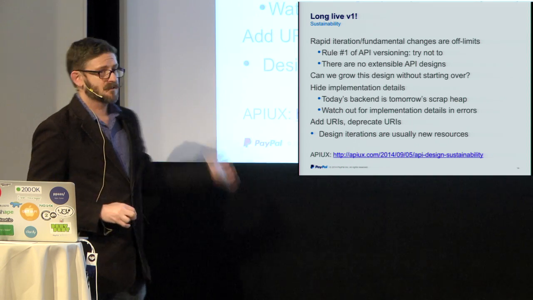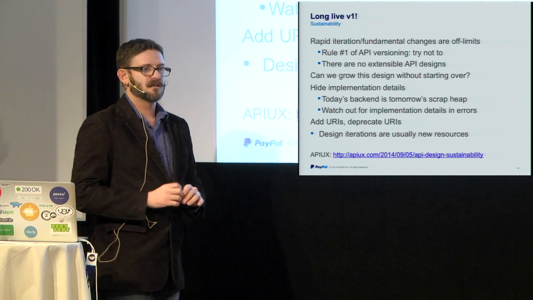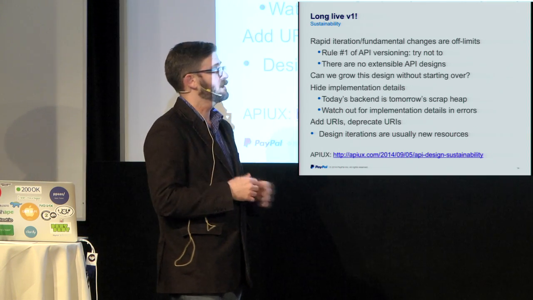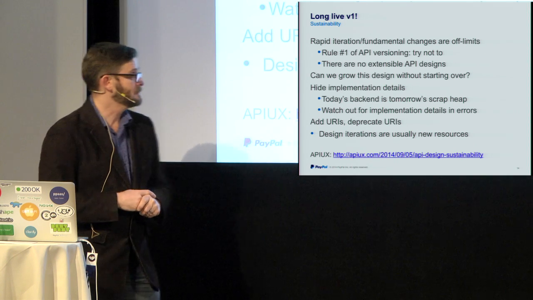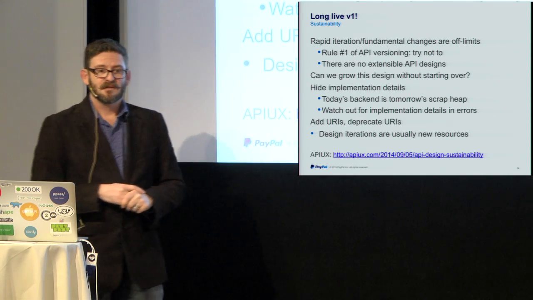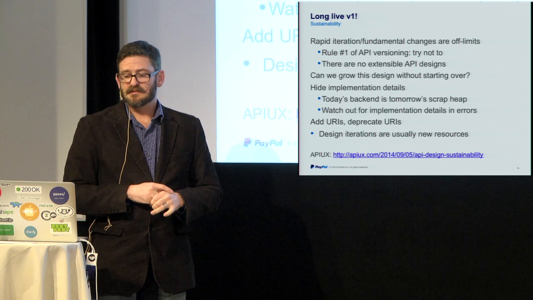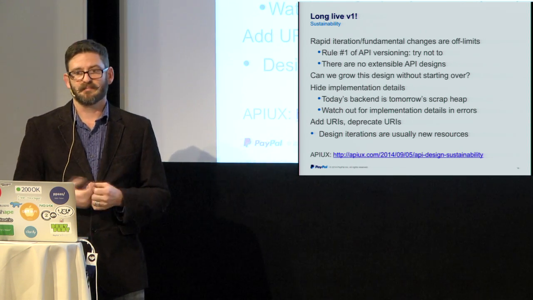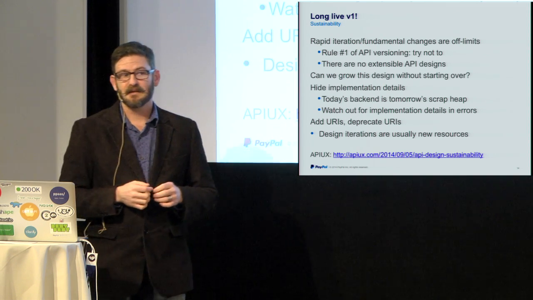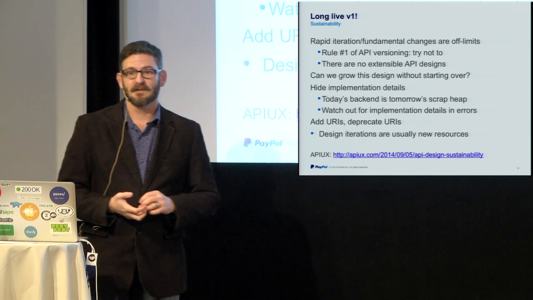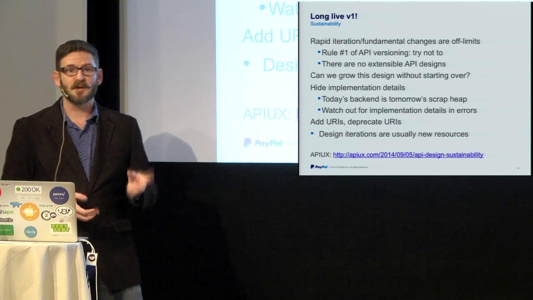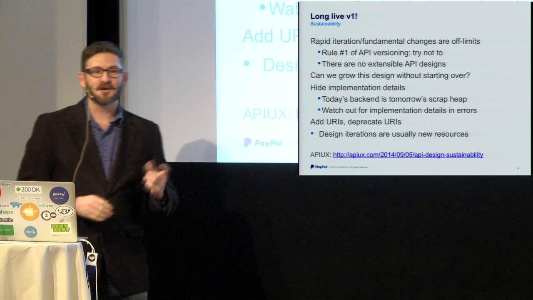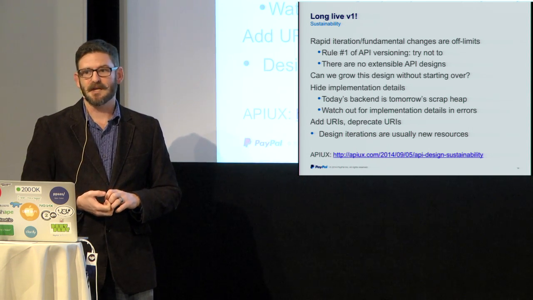So there's been a lot of little discussions about versioning, and I absolutely agree you have to bake versioning in some fashion, and I really won't debate my favorite aspect, but bake it in. But the first rule of API versioning, in my opinion, is try not to. Really try to think long-term. Think about longevity in your design, because once you put it out there, it's going to be there for a long time. I'll tell you a little secret: PayPal's never turned off any APIs in like 10 years. So it's hard to get rid of stuff, especially when it's making you money.